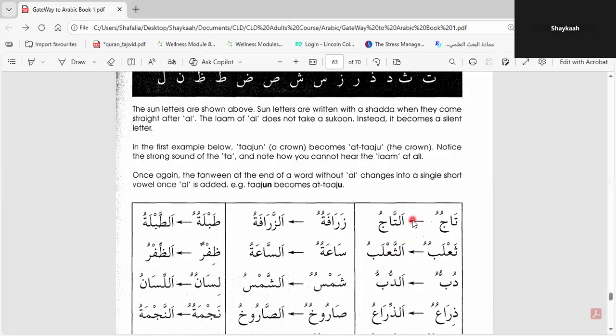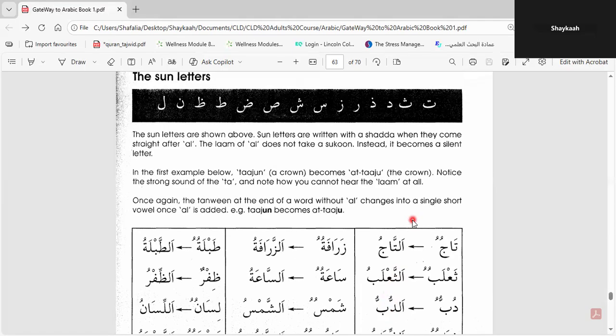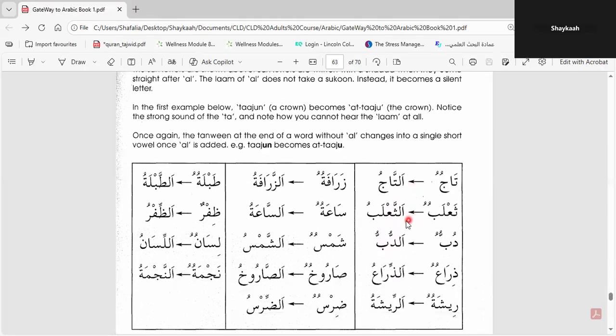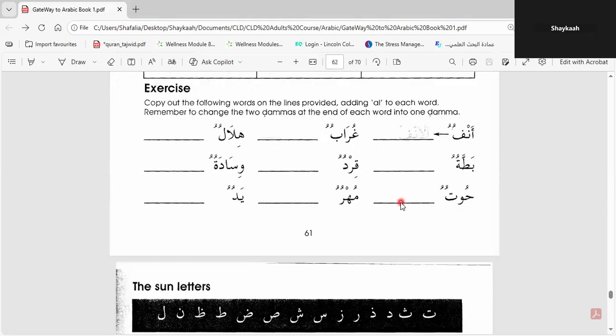We do prefix the sun letters. So these are the sun letters. We do prefix the sun letters with alif lam, which is again the. Now, the only difference with the sun and the moon letters is the alif connects directly to the third letter, and I drop the lam in pronunciation. So I do not pronounce the lam in the sun letter, but for the moon letters, I do pronounce the